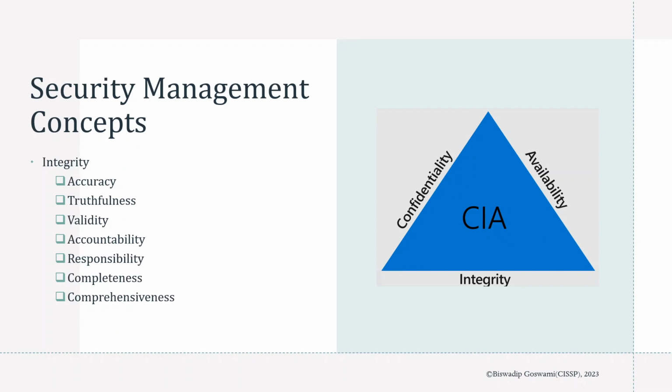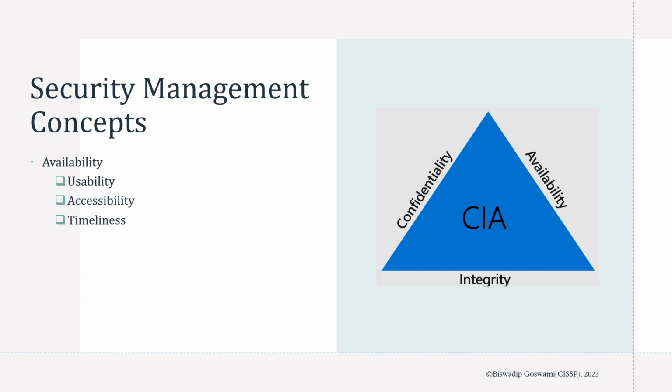Integrity refers to the idea that information should be accurate and trustworthy. This means that the information has not been altered or tampered with in any way. For example, if you send an email, you want to be sure that the recipient receives the same message you sent and that the message has not been modified or altered in transit. For integrity, an example would be a checksum that verifies the accuracy of a file. Think of another situation when you can use antivirus software to ensure the integrity of your files. This software can detect and remove any malicious software that may have been installed on your computer.